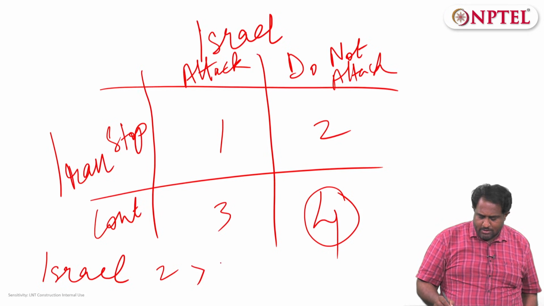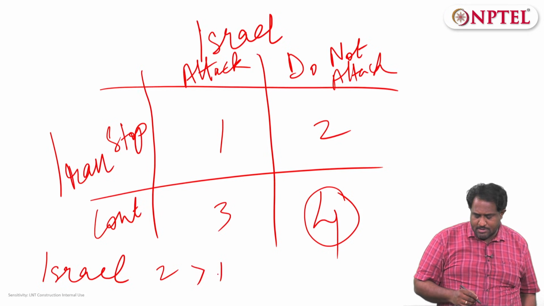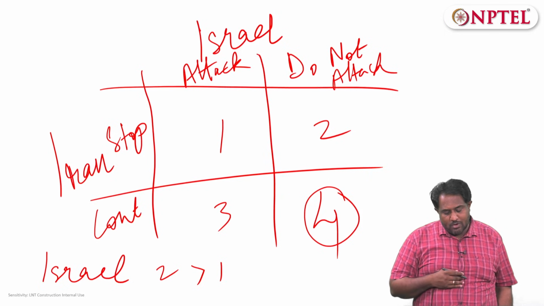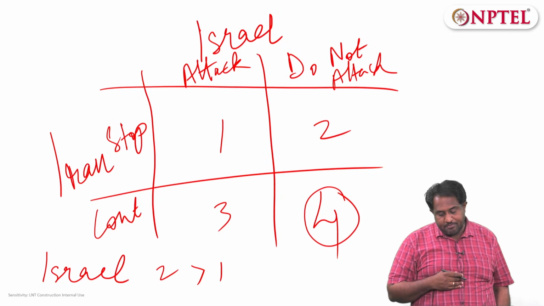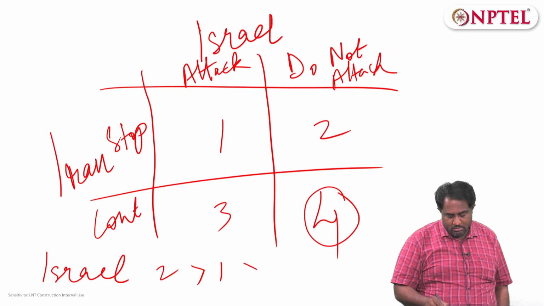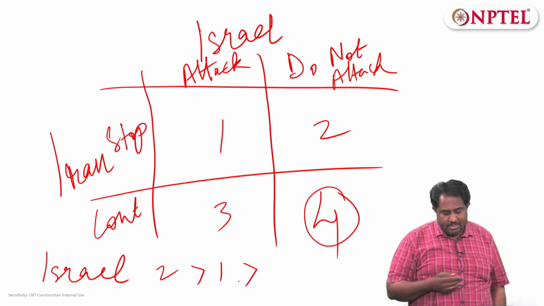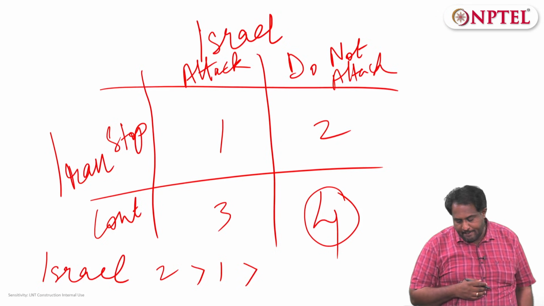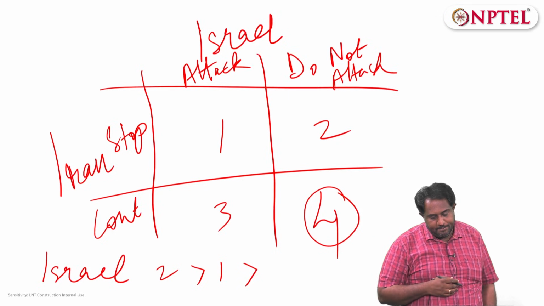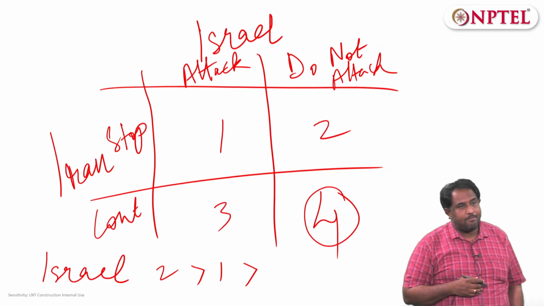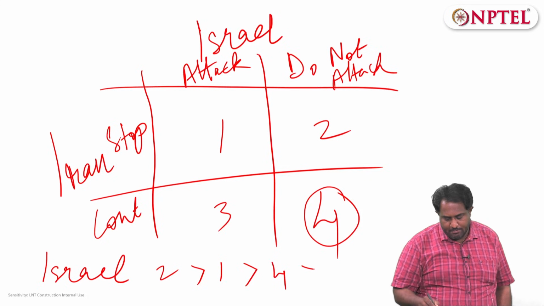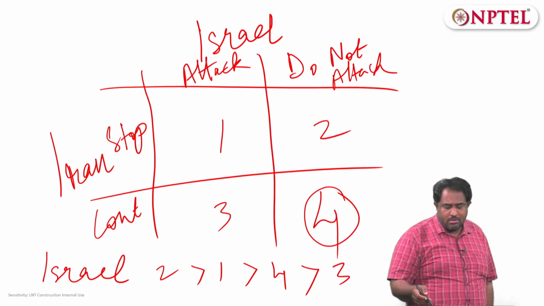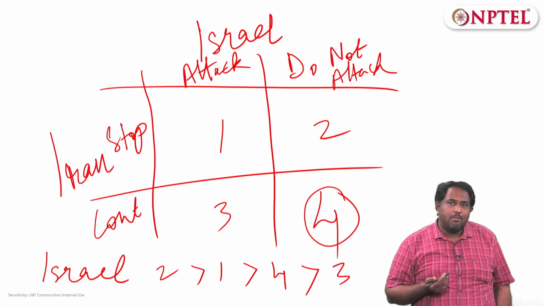So it's very clear that Israel would have a preference for option 2 over 1, and of course if the Iranians continue, I mean the other ordering of preference for Israel, 4, yeah, and then 3, for the obvious reason that I would keep 3 as my last preference, because in